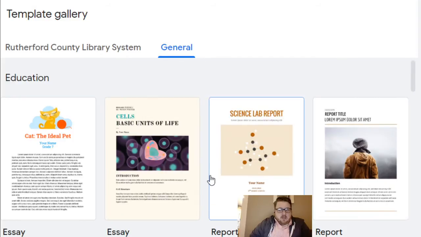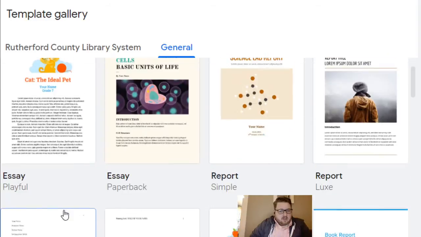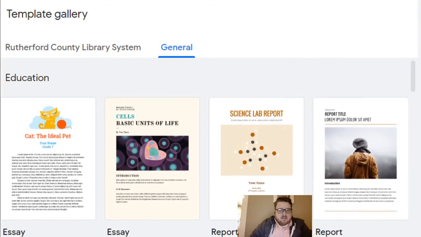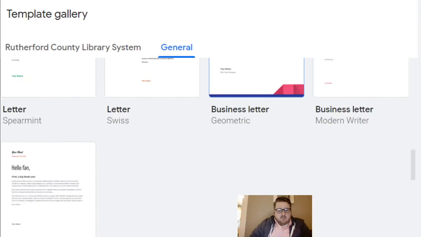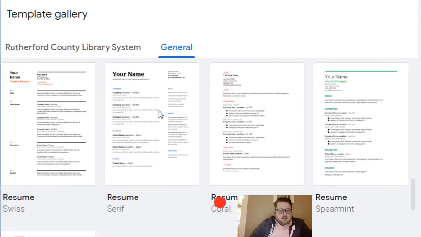If you click on that, it will bring up this page, and this page has all kinds of different topics, including class notes and reports and essays, and then if you scroll down, you've got letters and resumes, and it works the exact same way. If I were to click on this, it will open up a resume,